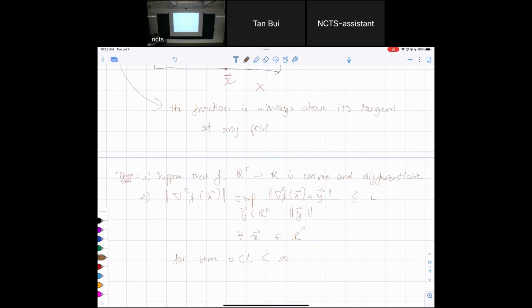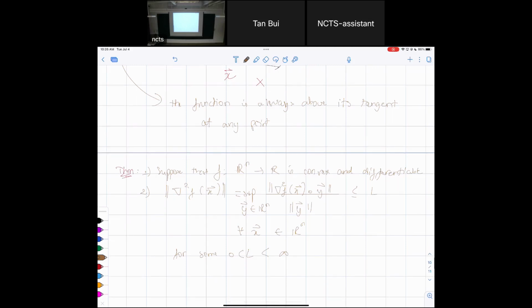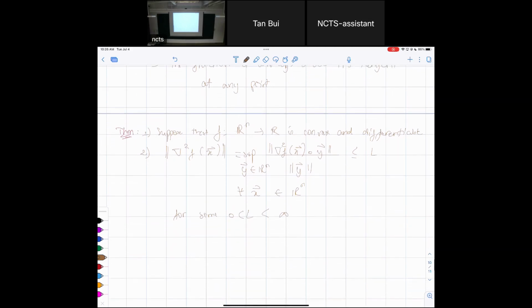Okay, so f is convex and differentiable. Assume that the Hessian, or the second derivative, the norm of the Hessian matrix, is actually bounded above, and then if we run the gradient descent with a fixed step size,